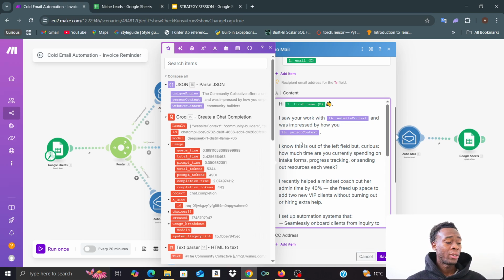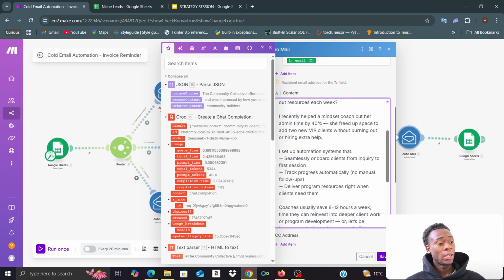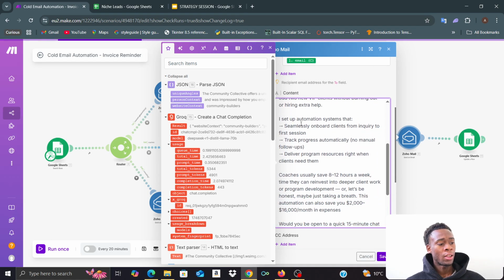And I know this is out of the left field. Like, I know this is out of the blue. Maybe that's much better, I know this is out of the blue. People probably don't know that, or maybe I don't know. Curious how much time you're currently spending on intake forms, progress tracking, and sending out resources each week. I really have the mindset coach cut admin time by 40%. Yeah, but should I delete this? I set up an automation assistant that